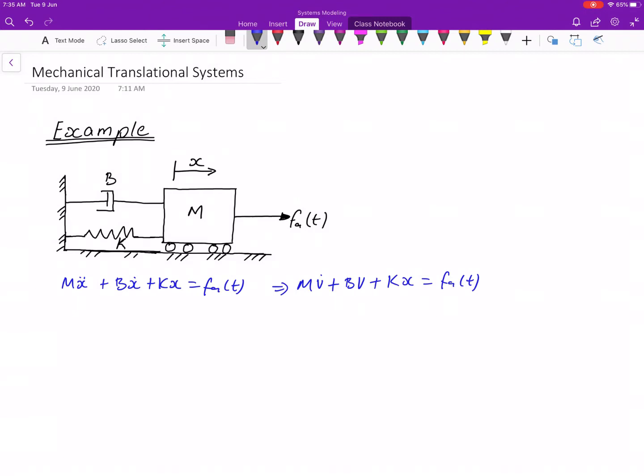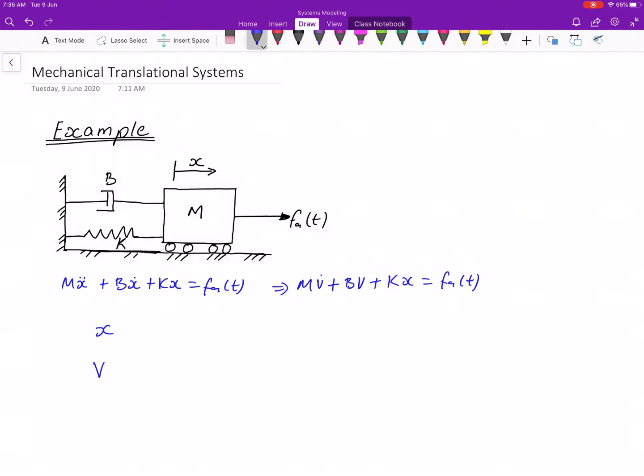We can select the states to be the velocity and the displacement. So we'll choose the displacement to be a state